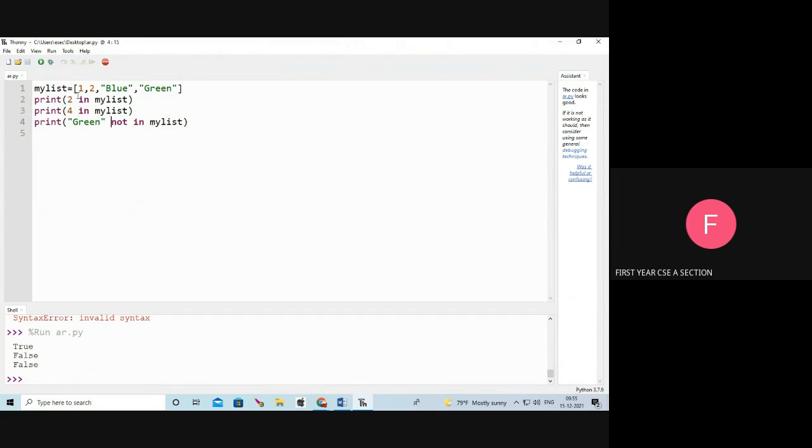Is 2 in my list? Yes, 2 is there, so it returns true. Next, 4 in my list. Is 4 in the list? No, so it returns false. Next, green not in my list. No, green is there in my list, so it returns false.